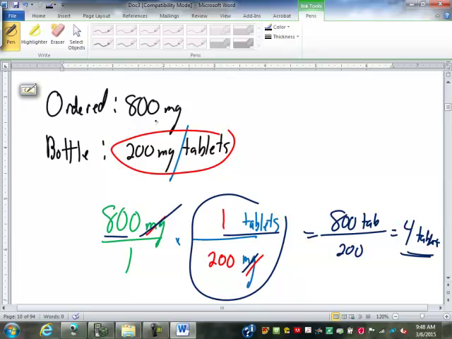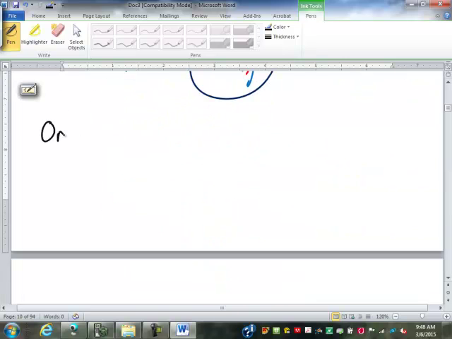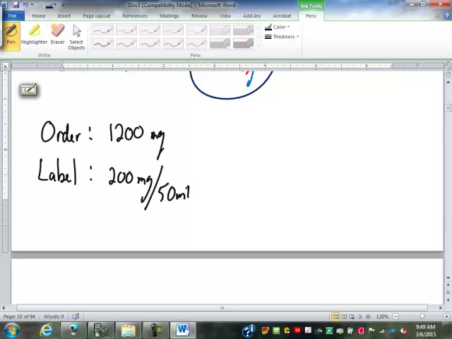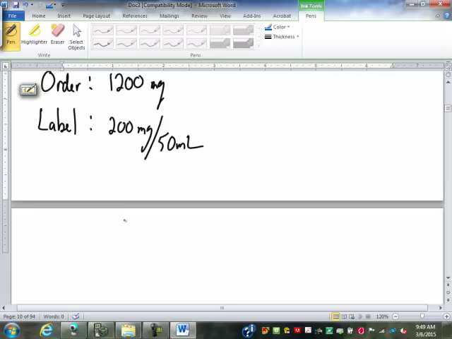Let's say we have an order for 1,200 milligrams of medication. On the label of the bottle, it says that it is mixed 200 milligrams in 50 milliliters. So to figure out what to administer to the patient, we take the order, 1,200 milligrams, put it over 1, times